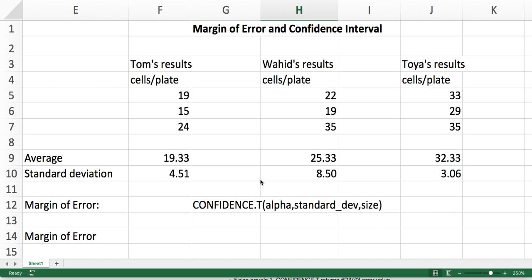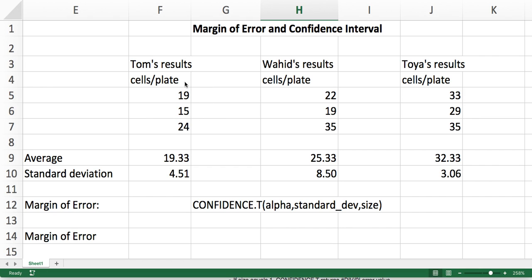Hello everybody. In this video clip I want to show you quickly how we can calculate the margin of error and a confidence interval in Excel. Now let's assume three students, Tom, Wahid and Toya, are doing an experiment where they plate some E. coli cells